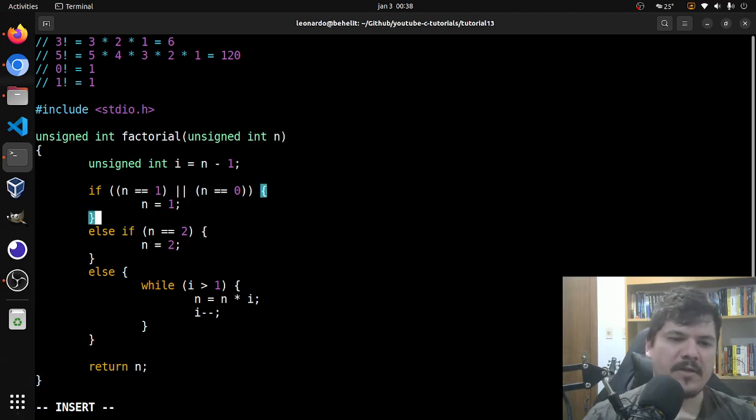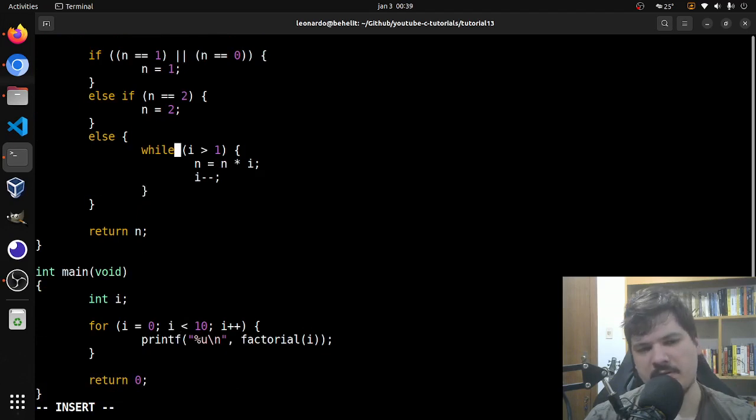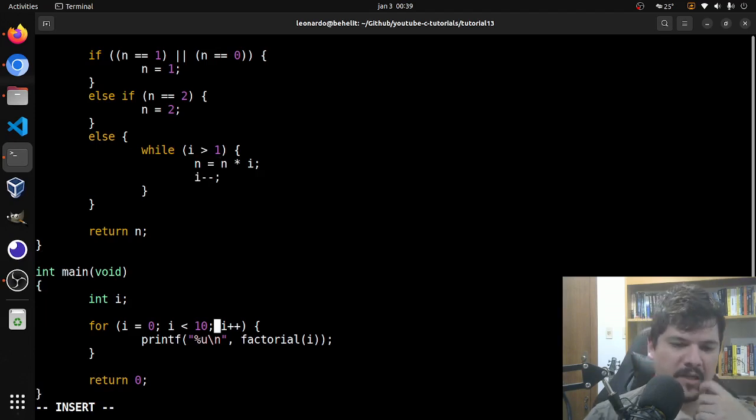It checks if the input is equal to 1 or 0, it returns 1, and if it is equal to 2, it returns 2, and else it does this while loop here. It will keep decrementing y while it is greater than 1. And here in the main function, I call the factorial function and ask it to compute it